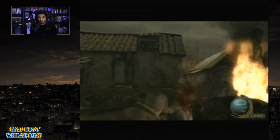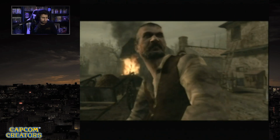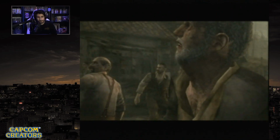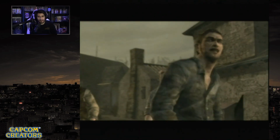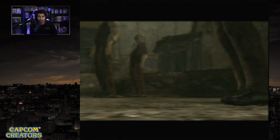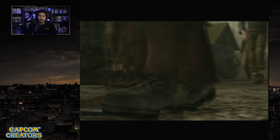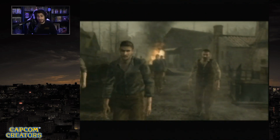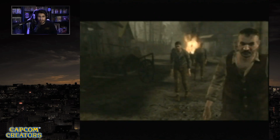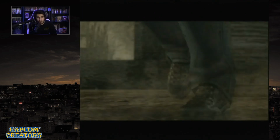So notice how nothing comes up, but I still roll the analog. No button prompts, yet moving your analog. It's kind of like in the original where if you did move your analog stick or tap the buttons, they would push the enemy off quick. So, yeah, I guess they're still going with that. They didn't have that quick time event, or they just didn't put them in the trial and they plan to do it, but...